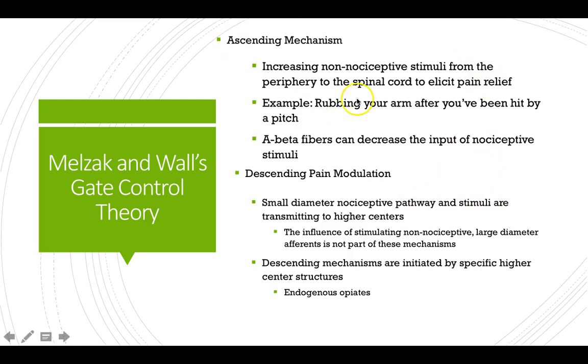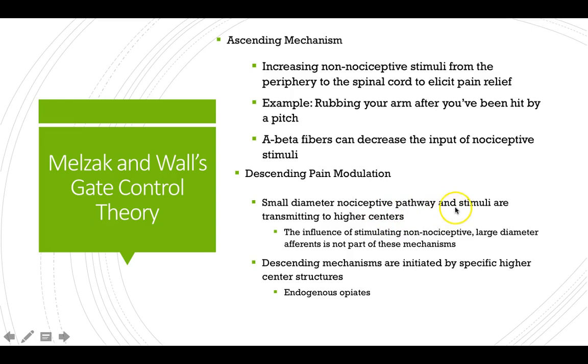Now, that only explained so much, okay? It didn't explain kind of, again, how the brain gets involved. So we know that there's other ways that we feel better on pain, okay? And so that led to another kind of evolution, which is the descending pain modulation, or the descending pain mechanism. And this is that those small diameter nociceptors, okay, so the A deltas and the C's, specifically in this case A deltas,